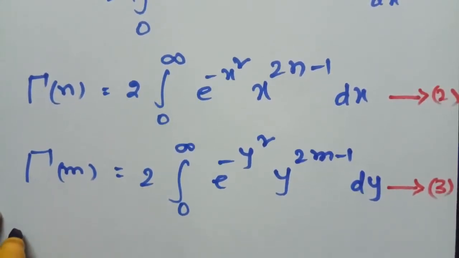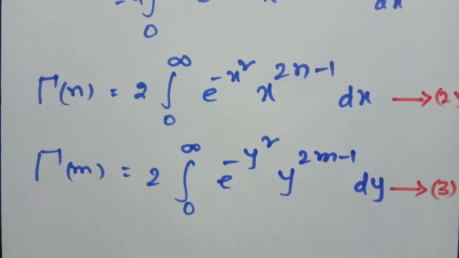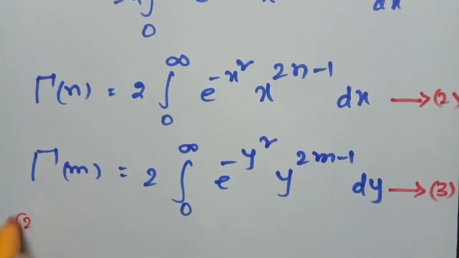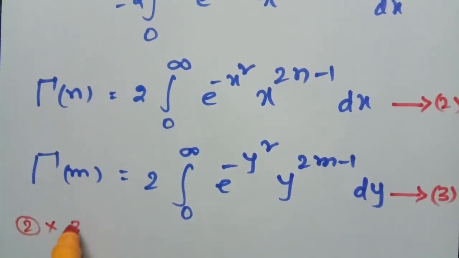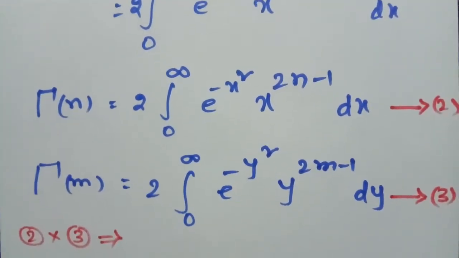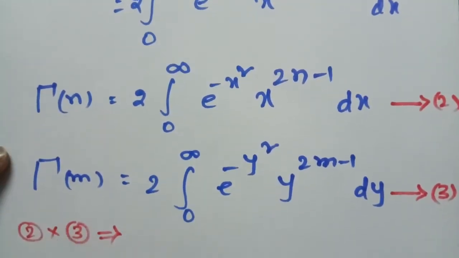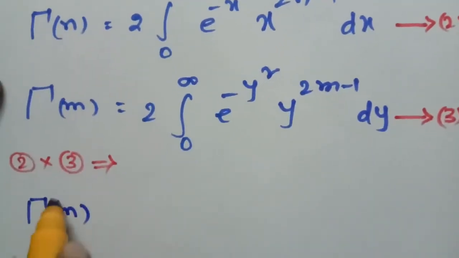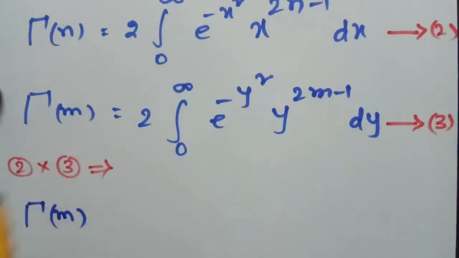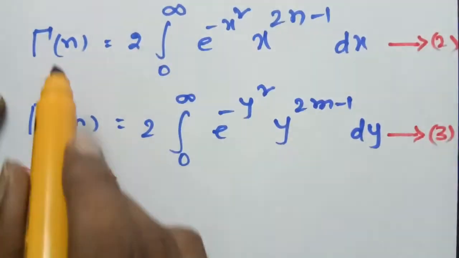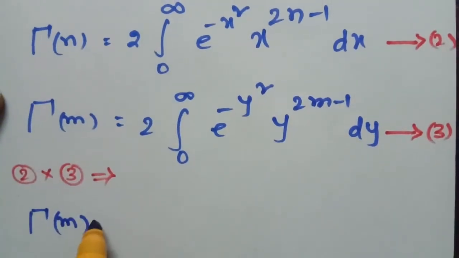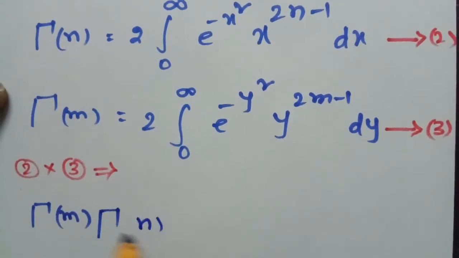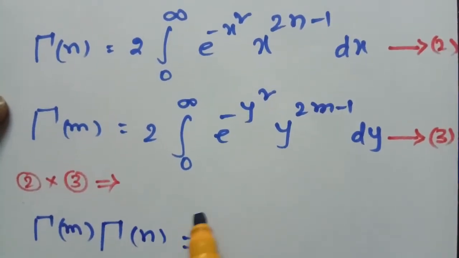Now multiplying equations 2 and 3, the left hand side of equation 3 is gamma m and the left hand side of equation 2 is gamma n. So gamma m into gamma n is equal to